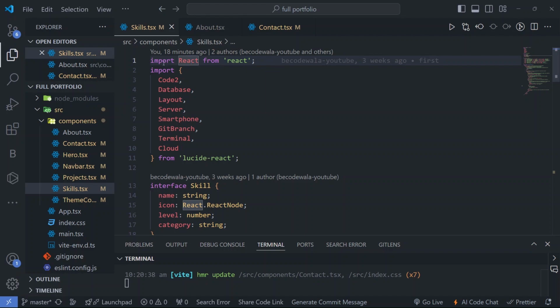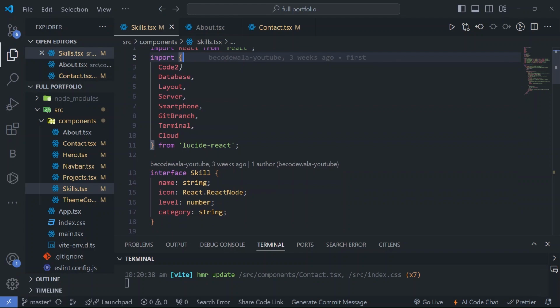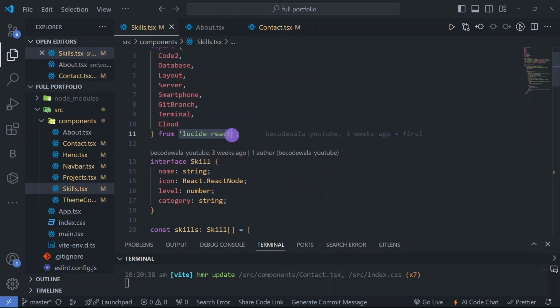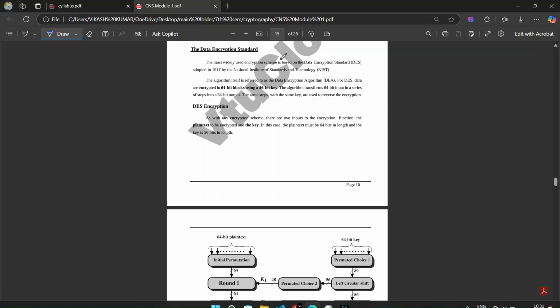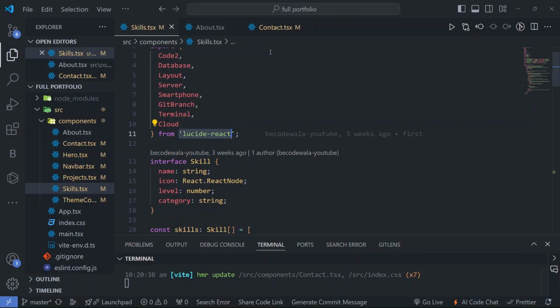So here, first of all, we will see the skill section. In the skill section we are importing React from react. Then here we are importing these icons: Code, Database, Layout, Server, Smartphone, GitBranch, Terminal, Cloud. These icons come from Lucide React. I have shown you in the last video